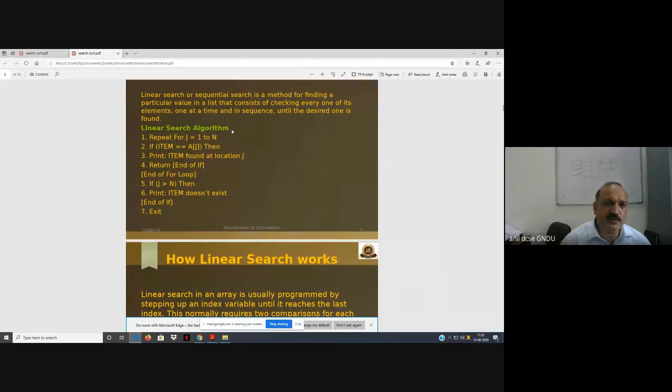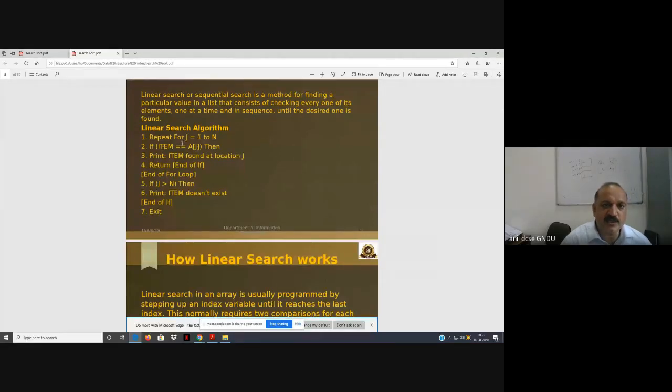So what is the linear search algorithm? Repeat for j from 1 to n, where n is the number of elements in the array. If item is equal to a[j], then print item found at location j and return. The if statement ends here, and we repeat this for j up to n, and it will return if the item is found at any location.